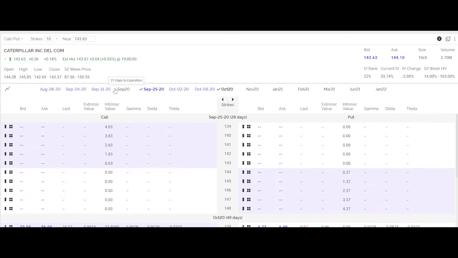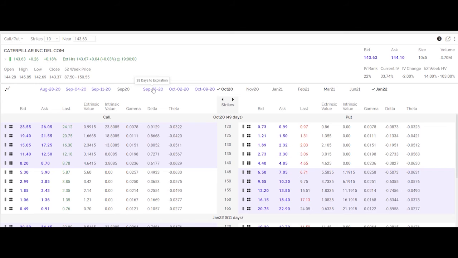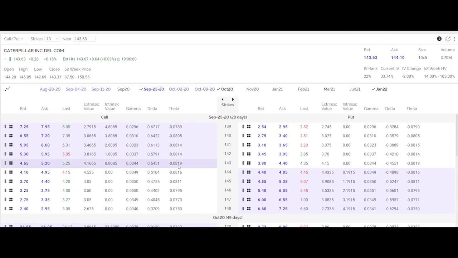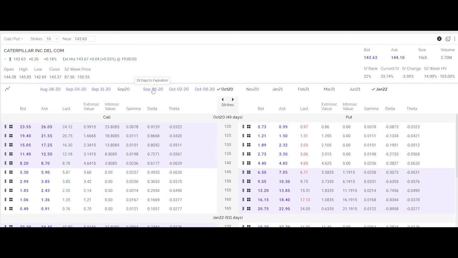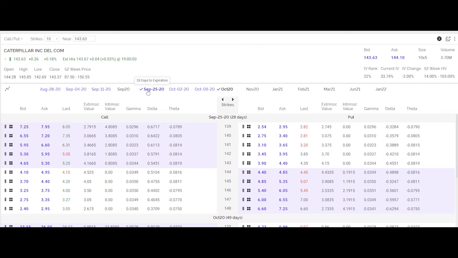Let's say here, 143 expires in 28 days. Now let's look at January at 143. See, it changes the theta. 0.8. It's significantly more with closer expiration dates,